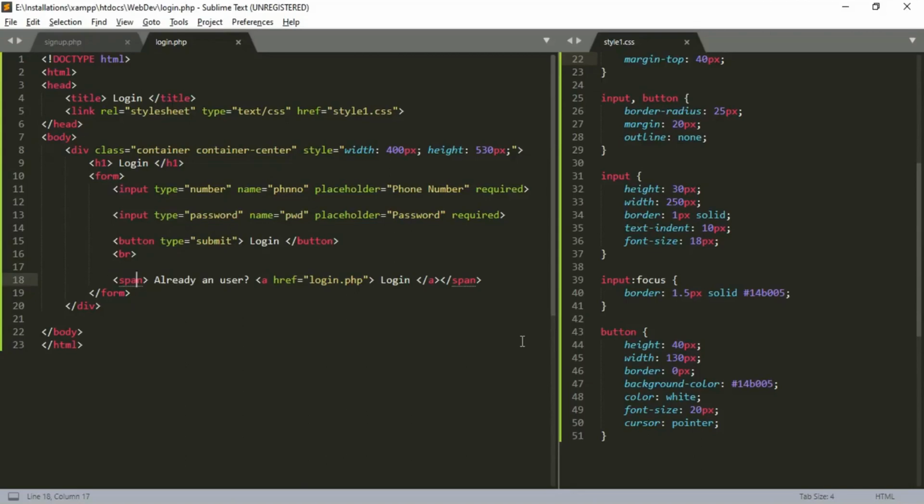Change already a user to new user. If the user is new, then direct them to the sign up page. So inside the anchor tag, first change the name for the anchor tag from login to sign up, and then inside the href attribute, change the file name to signup.php.